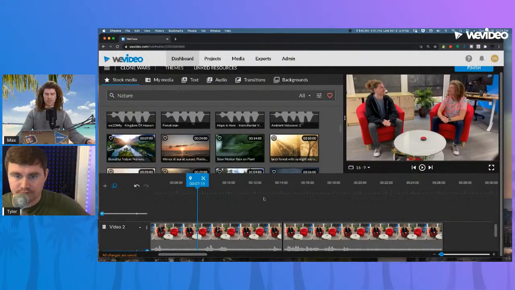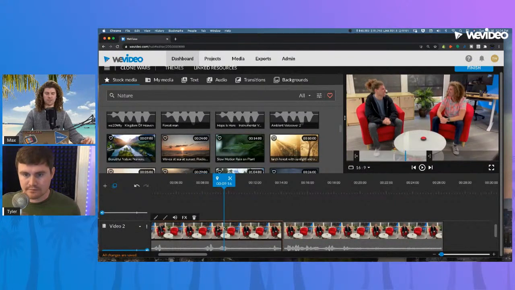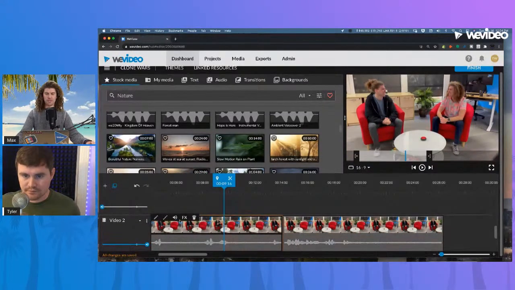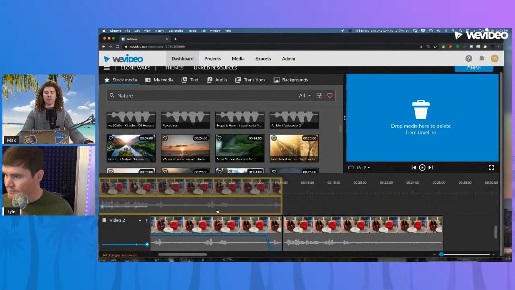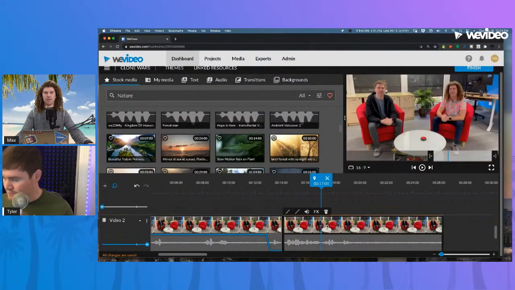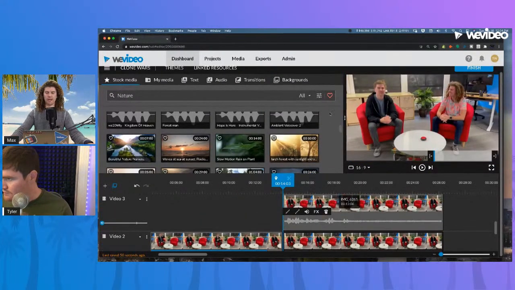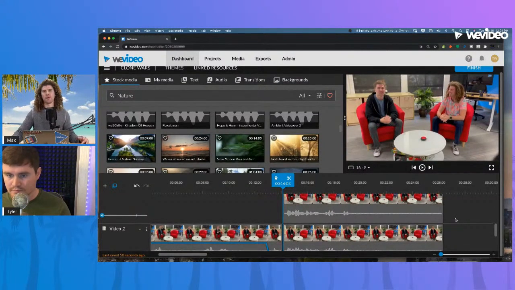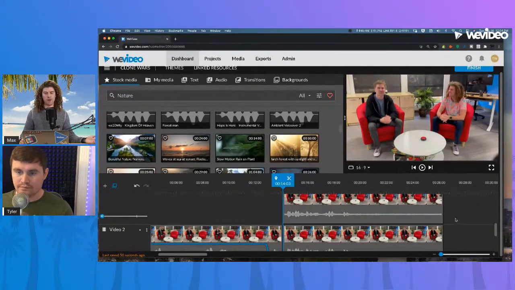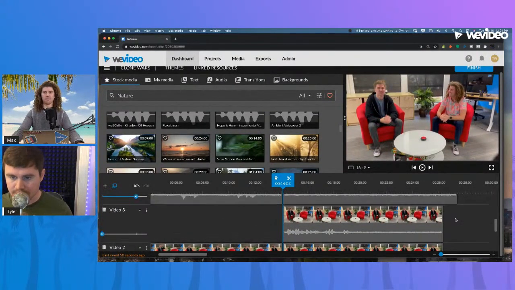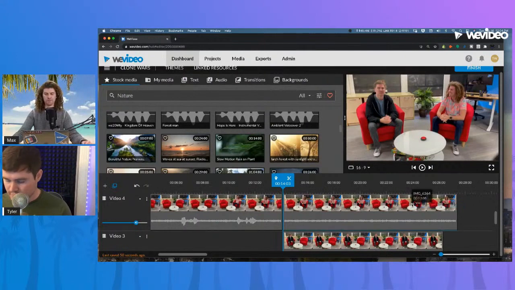Option 2 is you can duplicate a video track. So let's say, we'll duplicate this one, Tyler. Duplicate this video track, and then one video track, you lower the transparency so that there's no visual component. It's completely black, and you still have the audio. And then with the other video track, you mute it, so all you have is video, but no audio. And you've, in turn, separated video from audio.